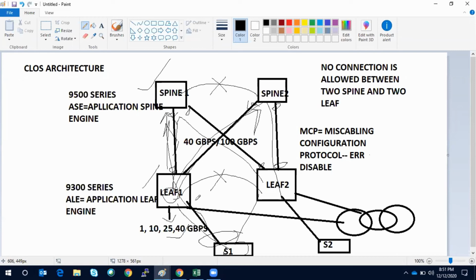So some hashing algorithm happens behind the screen. Actually, you cannot override that. So maybe this time the leaf can, because that is a per flow load balancing in the fabric. So for one flow, it can take this path from spine 1 to leaf 2 and go to the destination. For another flow, it can go to spine 2 and leaf 2.